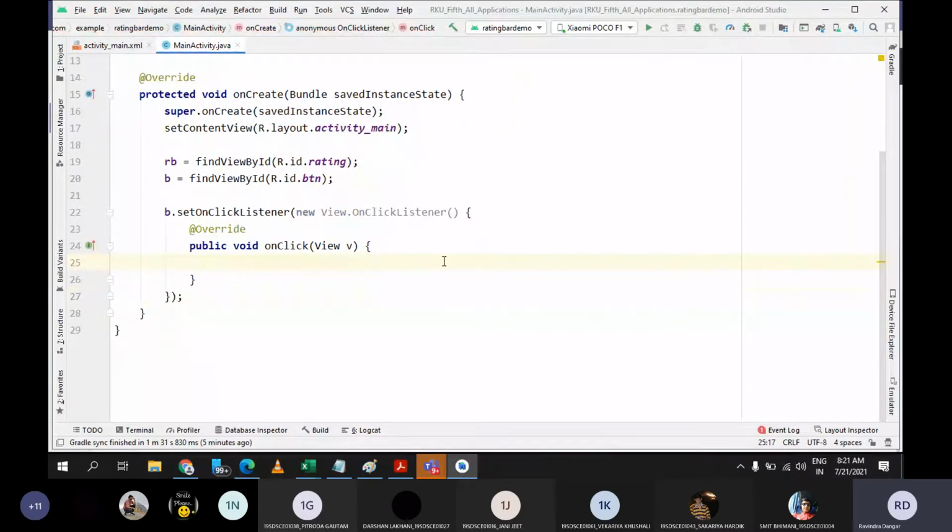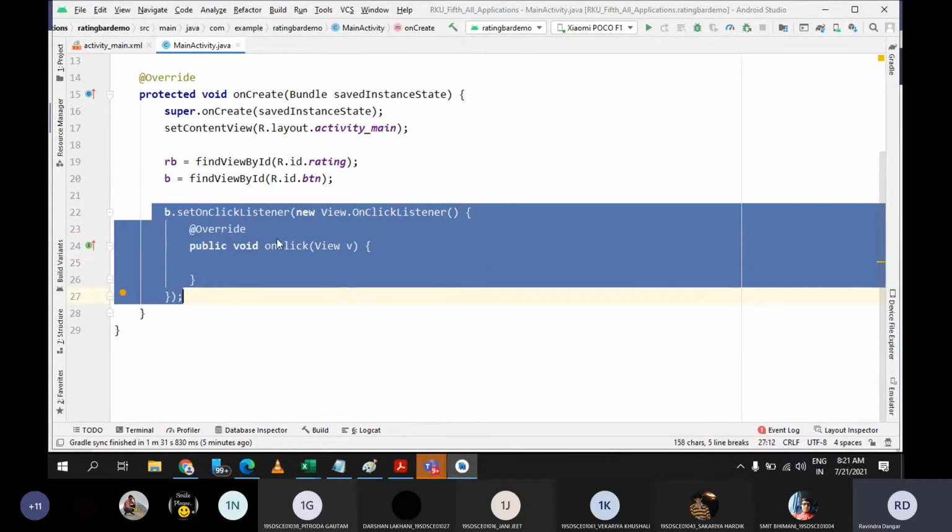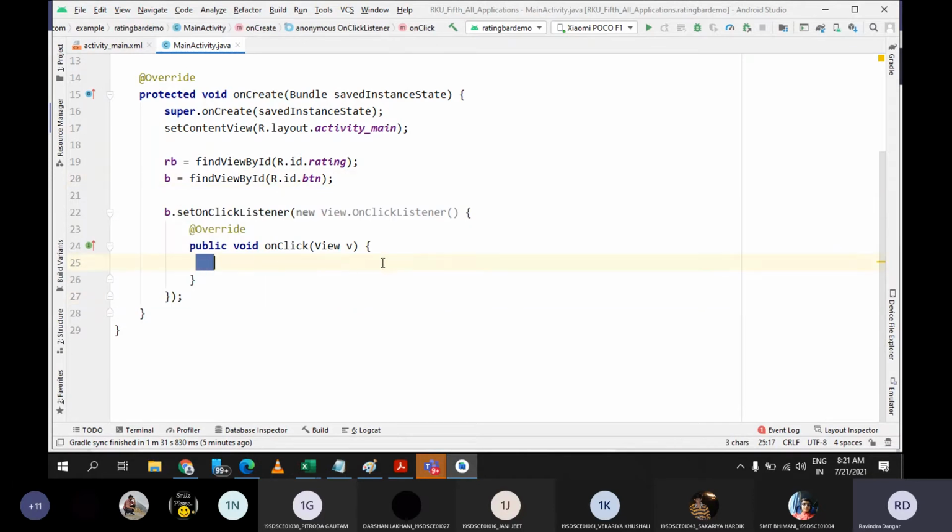So this is how we can create the click event of any component. So I have created the click event of this button. Now whatever logic I want to perform, that logic must be placed inside this method, which is onClick. Now to get the rating, there is one inbuilt method defined in the RatingBar class, and that method is getRating, which will simply get the rating which the user has given.